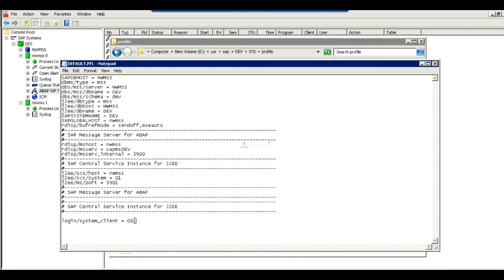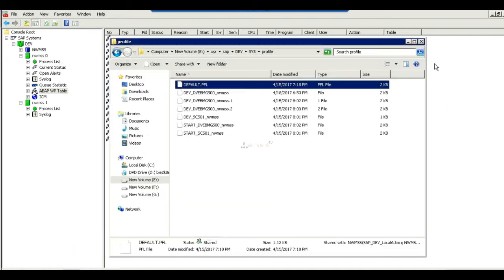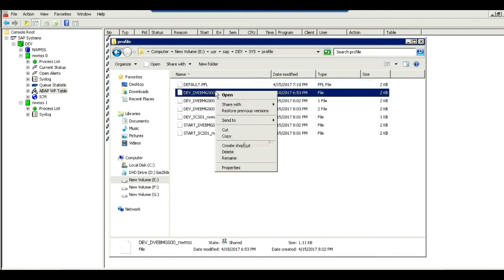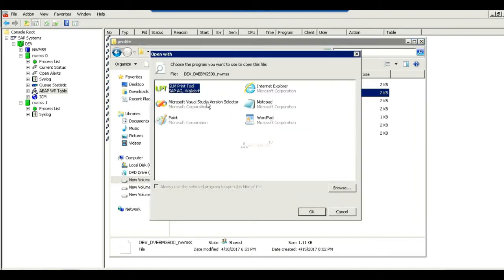Login/system_client is equal to 001. Remember this parameter name. We will discuss later. Start, default, and instance. This is my instance.